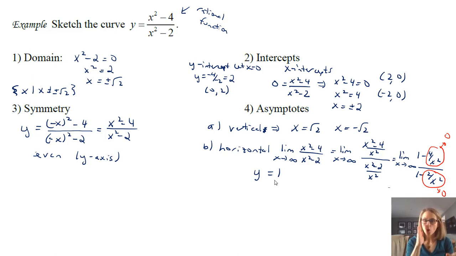So on your graph, you can draw your vertical asymptotes going at square root of 2, which is like 1.41. So you got 1.41, you got a line there. You got negative 1.41, you got a line there. And then you even have a line, so I'm doing kind of a dotted line here at those 3 spots. So y equals 1, and then your 2 vertical asymptotes. And by doing that and putting on your points, you're already in really good shape for what this graph looks like.